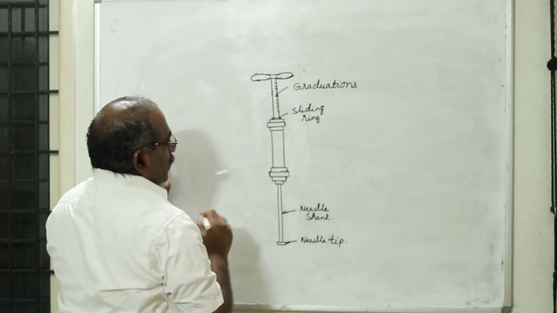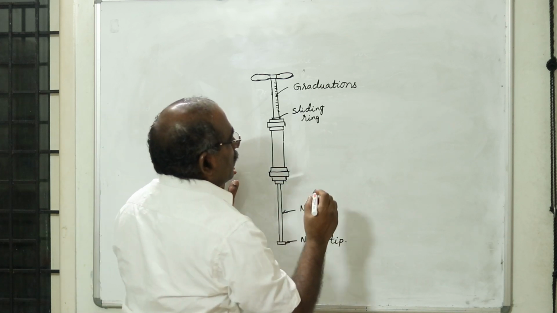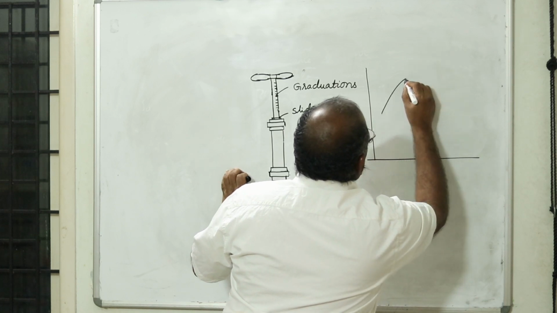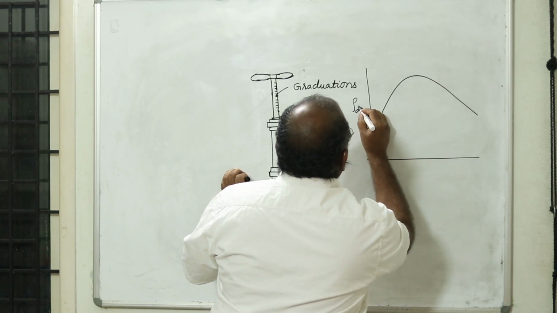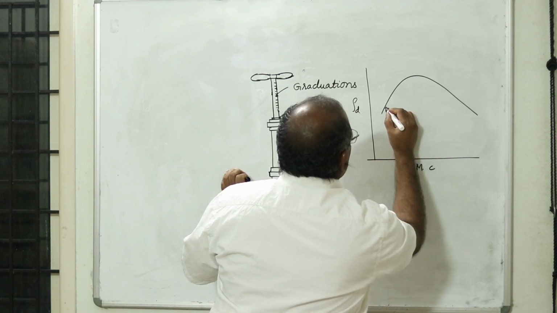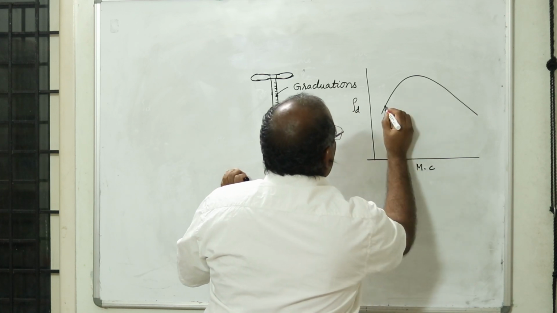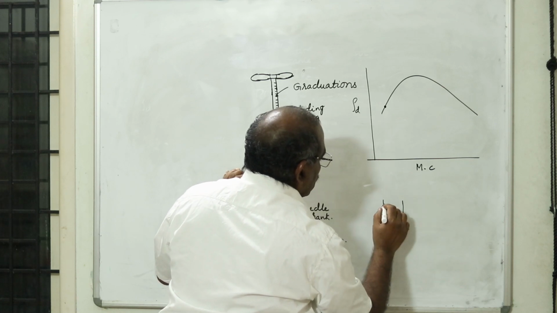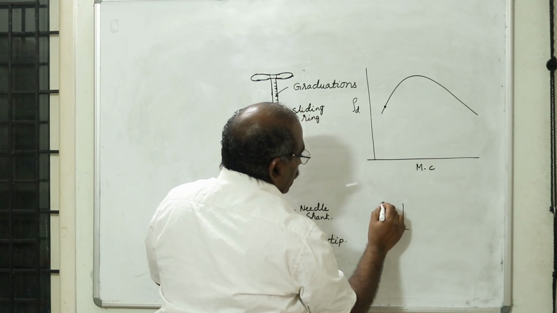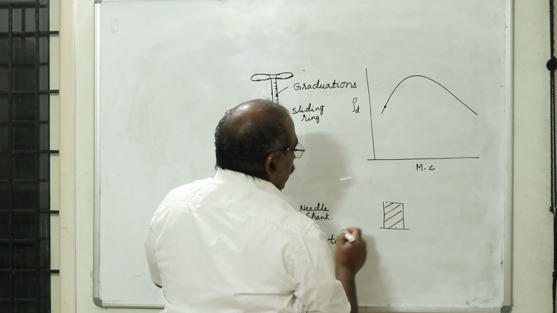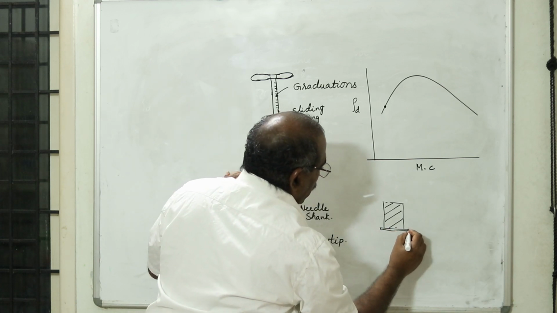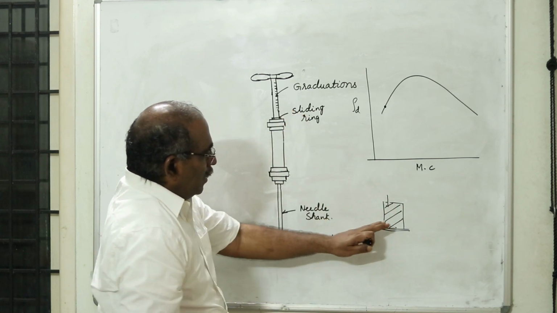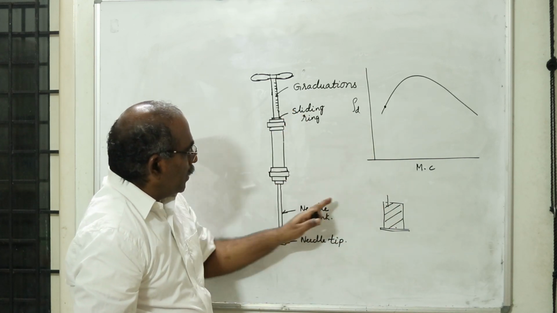Now to understand how the Proctor needle is used, first in the laboratory, when we do the compaction test, we try to generate this compaction curve. Now this is the rho d versus water content. For the first trial I get this point. How am I going to get this? I am going to do a compaction test. This is a line diagram of a compaction mold. I remove the collar and this is the soil sample in the compaction mold. Before I remove this base plate, I take this Proctor needle and penetrate here. When I penetrate here, for this particular moisture content, I get my penetration resistance.